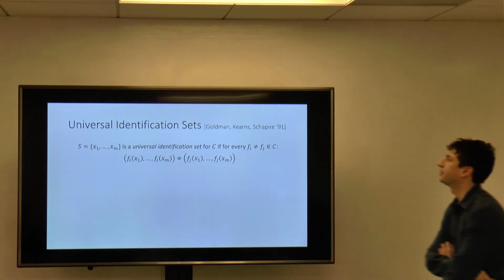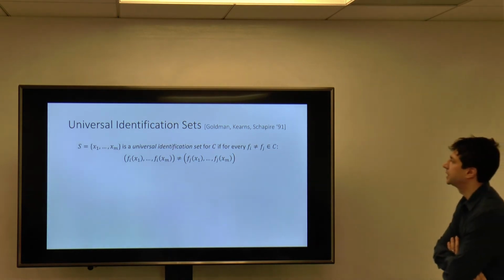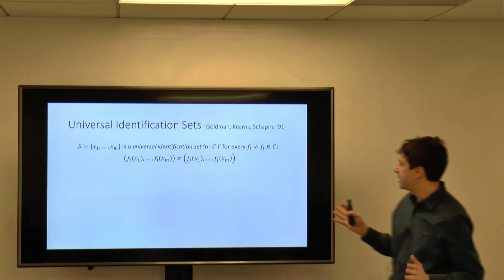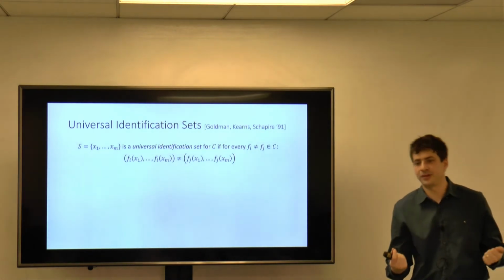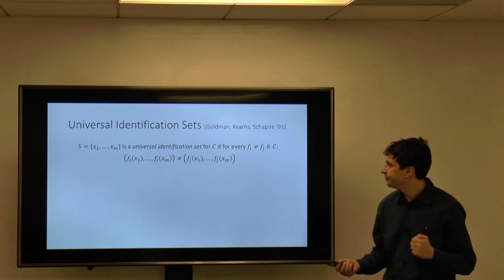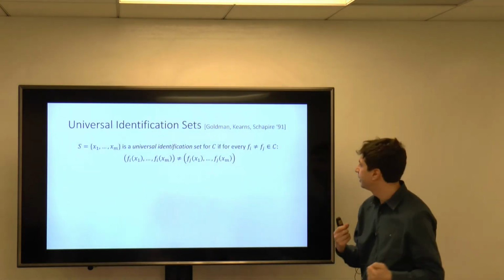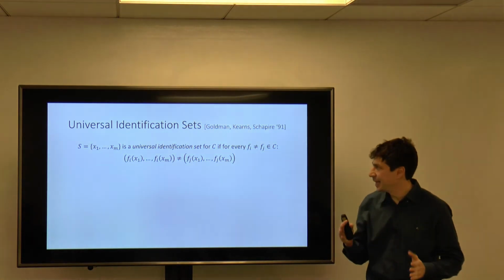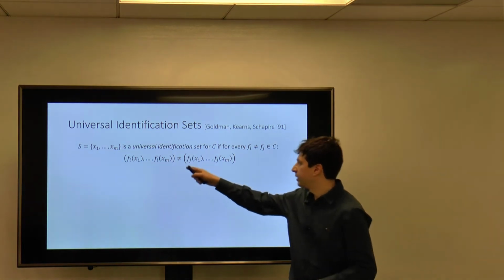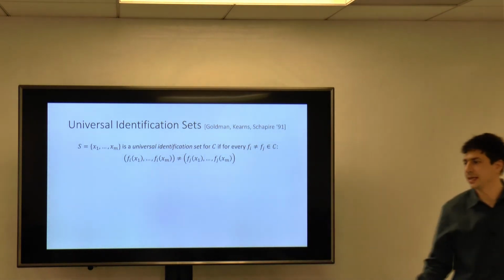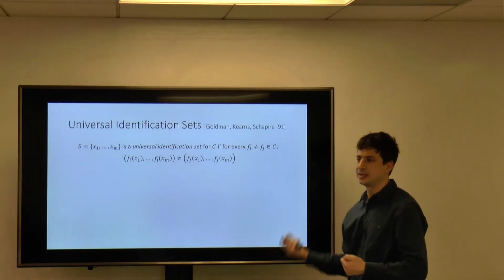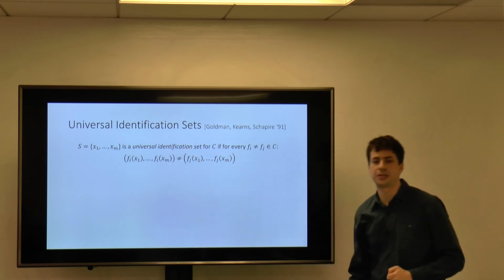This is something called a universal identification set that dates back to the early days of the PAC learning literature. So for some concept class C, a collection of m data points, x1 through xm, is called a universal identification set for C if for every pair of functions fi and fj in C, they label this set of points differently. That is, for any fi and fj, if I look at the vector of labels that fi gives these m points, and the vector of labels that fj gives these m points, they are different somewhere. No two functions in this class label all m of these points in the universal identification set the same